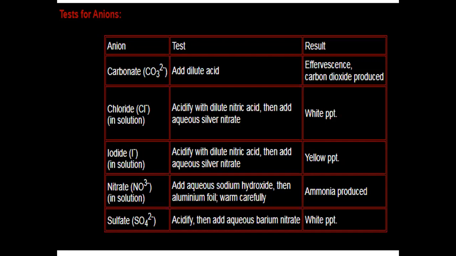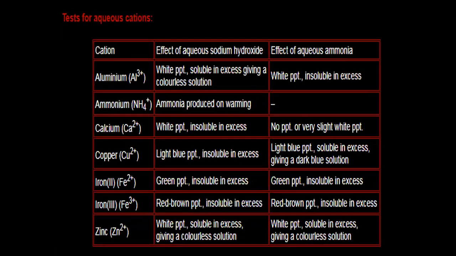So it is a tricky thing, but you need to memorize them, because this is part of your subject, your syllabus, and this is the qualitative part of chemistry, meaning the diagnostic part of chemistry. Like in case of cations, or positive ions, you will just focus on two reagents, aqueous sodium hydroxide and aqueous ammonia. Like aluminum and calcium, and zinc.